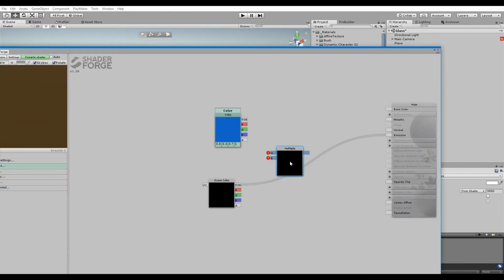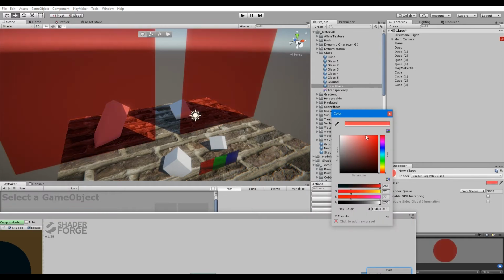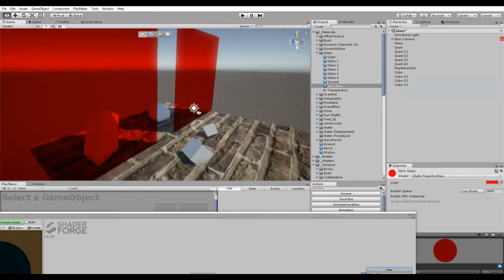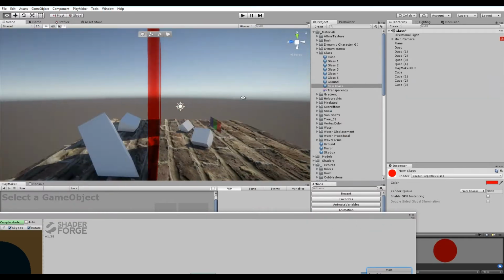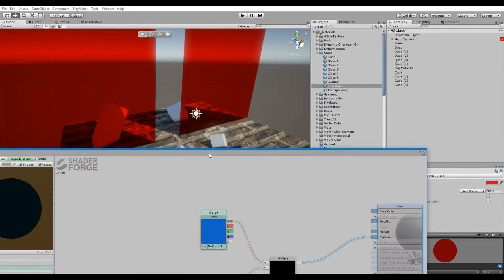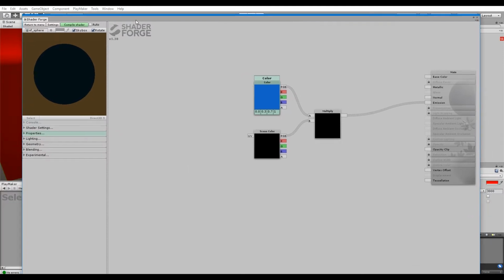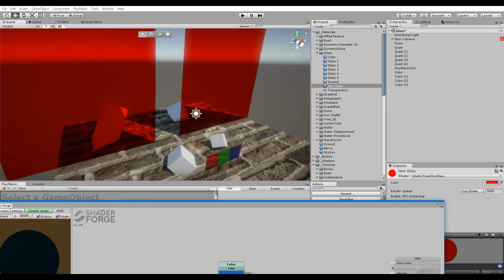So if we multiply the color by the scene color, hit compile, and set this color to something. Oh, look at that! Now we have, oh, this looks like glass, right? Sure. It does actually. Does this actually work now with deferred shading? Yeah, previously it didn't. So you had to sort of make your own